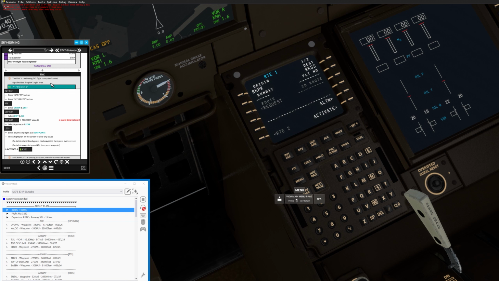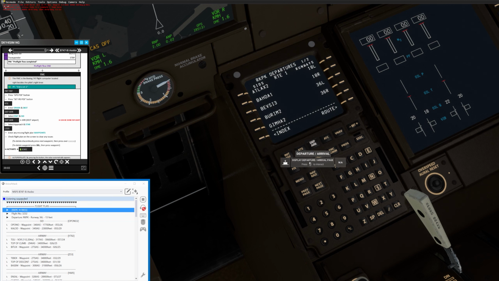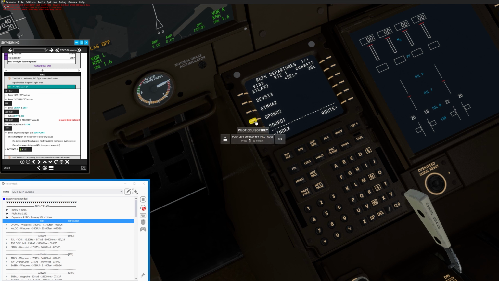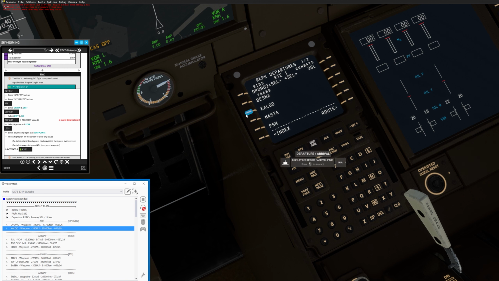And now we are going to go to departure arrival and select runway 36L, SID 0.2, and trans in this case is Calot,